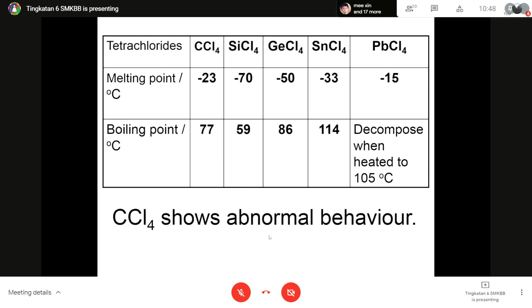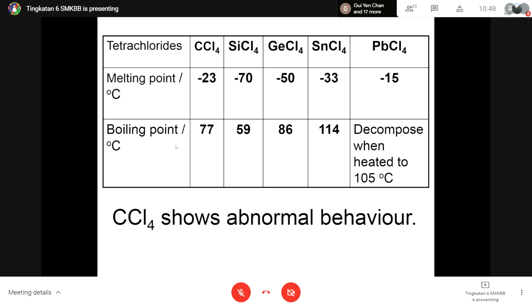Okay, so don't worry. Question will never ask you to explain. No specific explanation for this one. So far, books never explain why, but they did point out this abnormal behavior. So don't ask me. I also don't know how to explain. Okay, meaning the